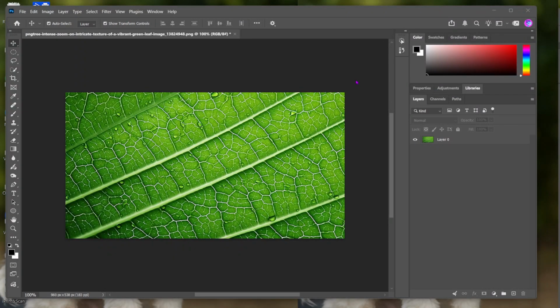Want to create a realistic water drop effect on a leaf in Photoshop? In this tutorial, you can create a simple water droplet using the Elliptical Marquee tool, Gradient tool, blending options, and shadows. Let's get started. First, select the Elliptical Marquee tool and create a small circle where you want the water